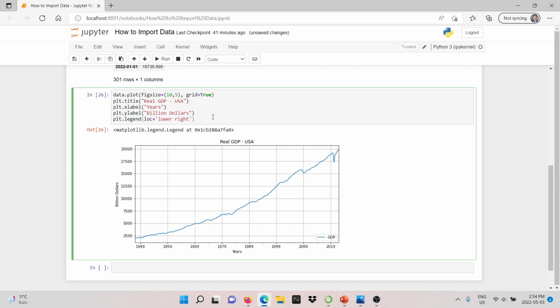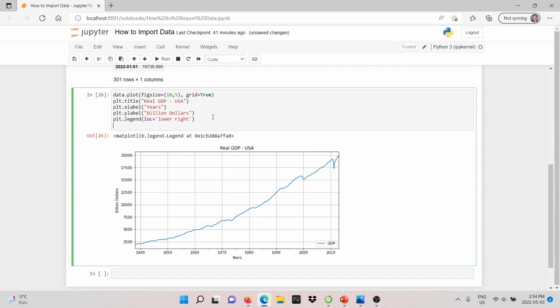Finally, what I would like to show you is how to export this graph and save it into our disk. So for example, what we need to do in that case is type plt dot, we're going to type savefig, so save figure. We're going to open parentheses, and you're going to give a name in quotations. And for example, I would like to call this just example. And then you have to type dot png. That's the format in which we're going to be saving the image. And we are going to be hitting run.